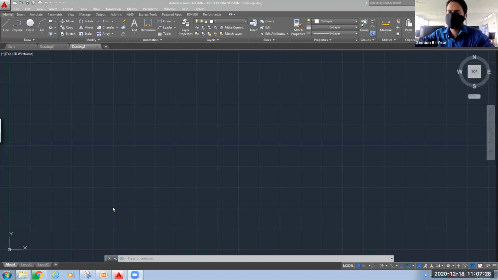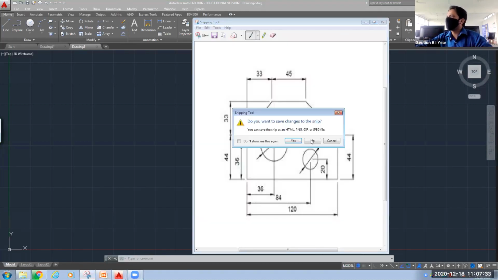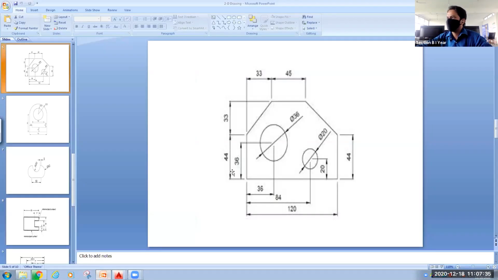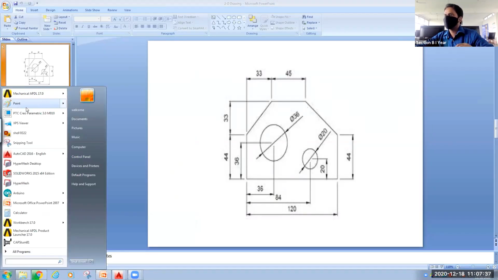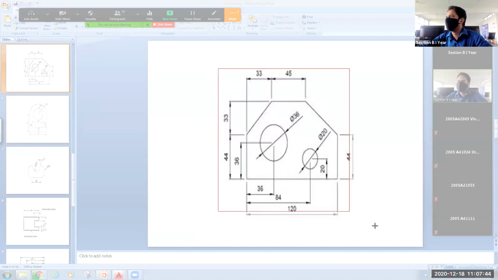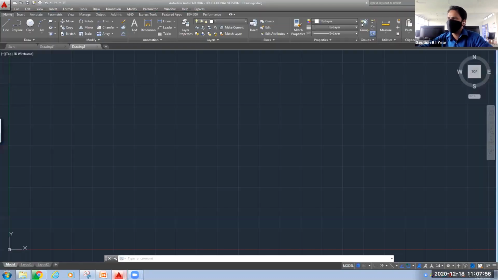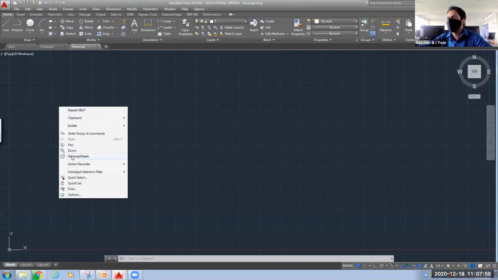Okay, now I'm sharing my entire screen. So what I have just now done, this was the figure. I opened this snipping tool, which is there in Windows. If you go by default, you can find it. And then I would like to take the screenshot of this part because I need this figure's dimensions. I will right click this, copy this figure, and bring this to my AutoCAD interface and simply paste it here.